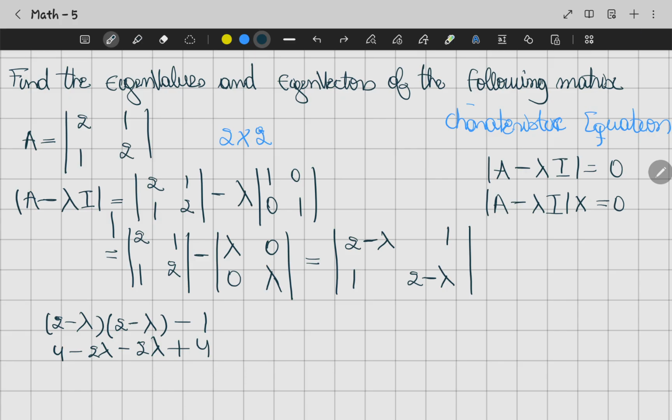This is what we get when we look for the determinant of